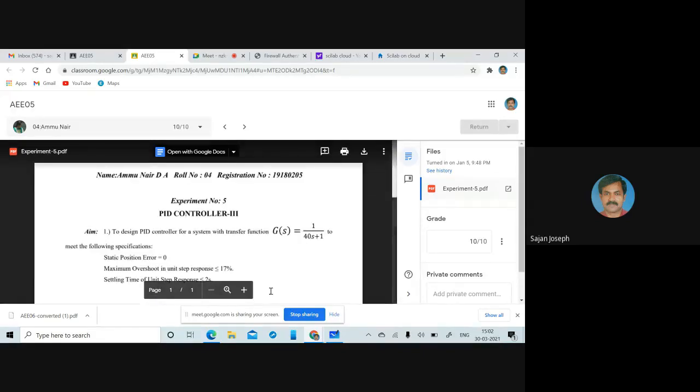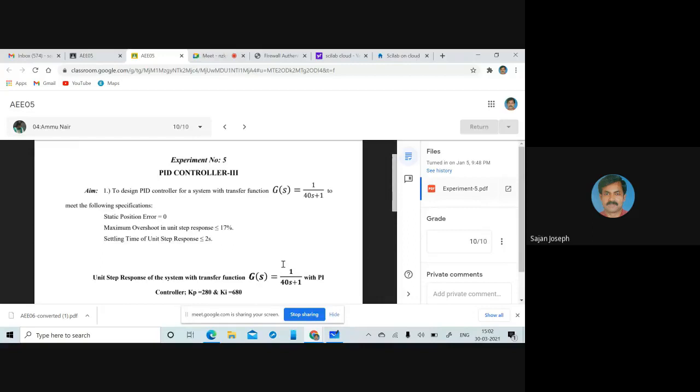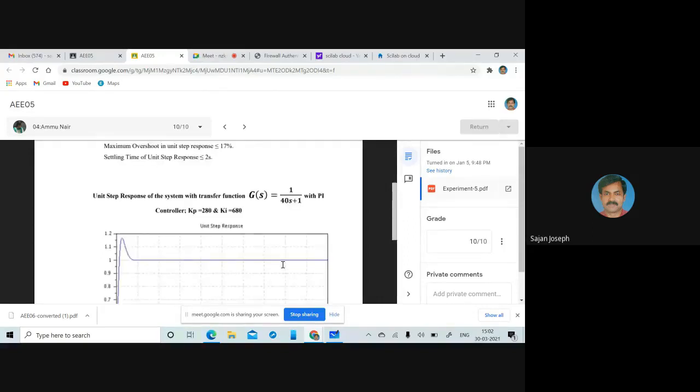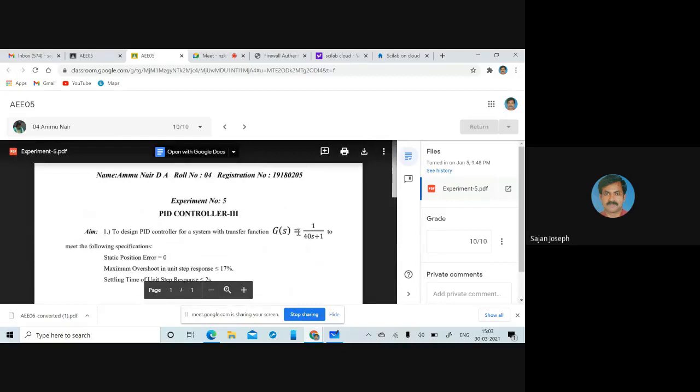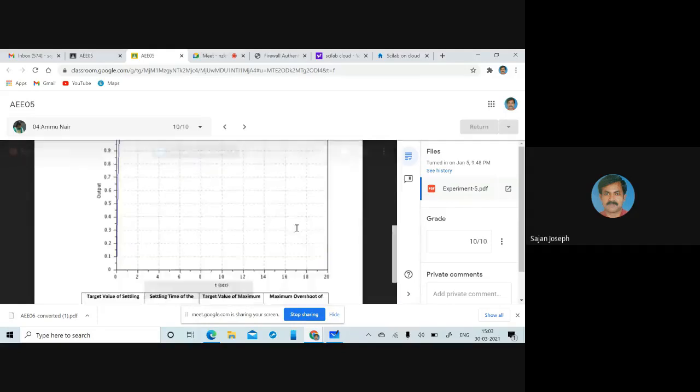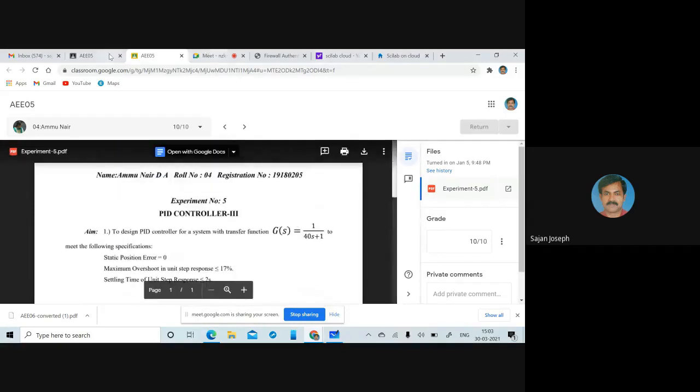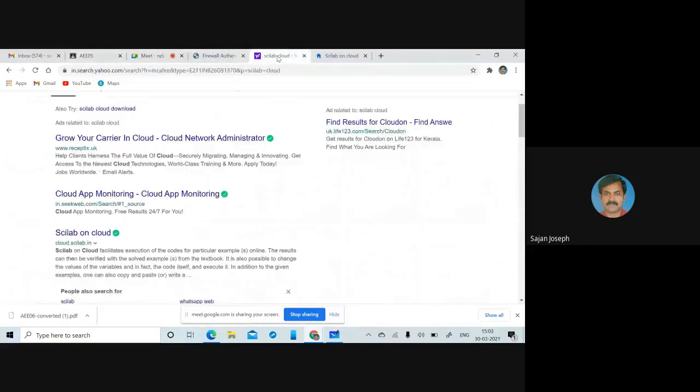You know how to submit it. Okay, so this is the way to submit your experiment, and you know how to do it. You have your own templates available, so an extra template is not required for this particular experiment, and you can use the same templates. I hope everything is clear.